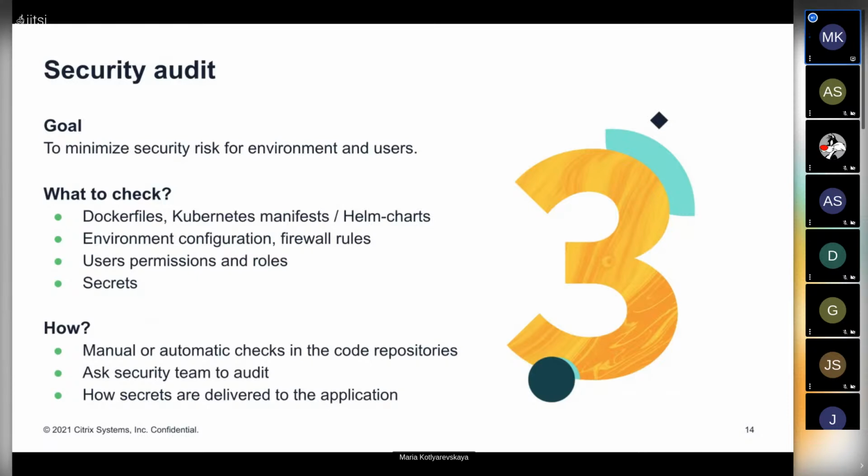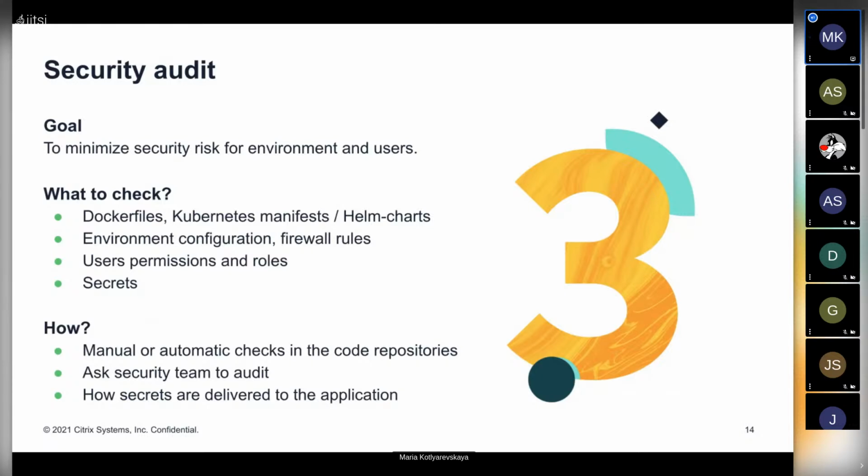It's important to understand how secrets are managed for your service. Maybe for now it's just plain text and you can easily move it to something more secure, especially if you have some company-wide solution. You can suggest to help with migration to this solution. I think developers will be glad to make their application more secure, because in the future they will have fewer problems with it.